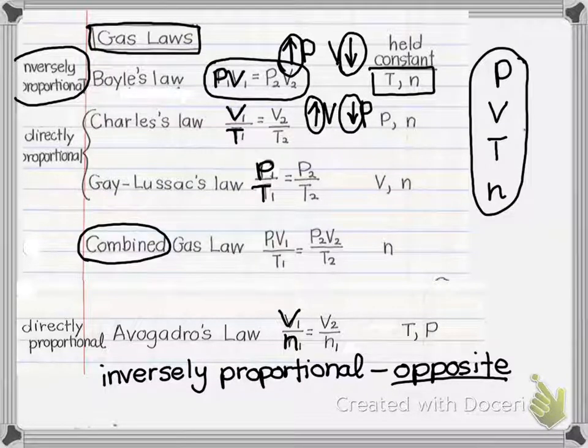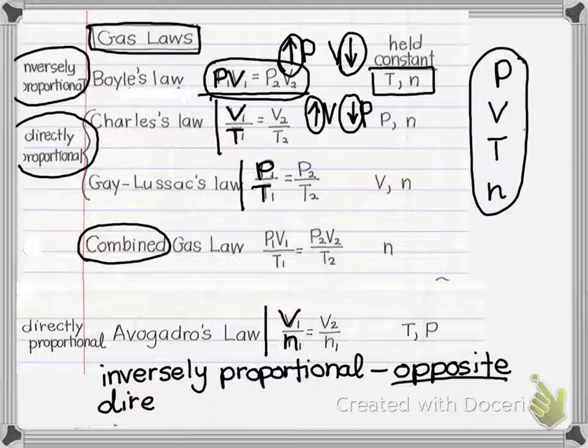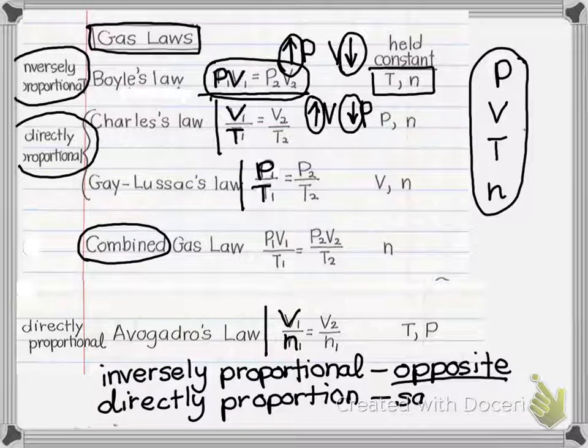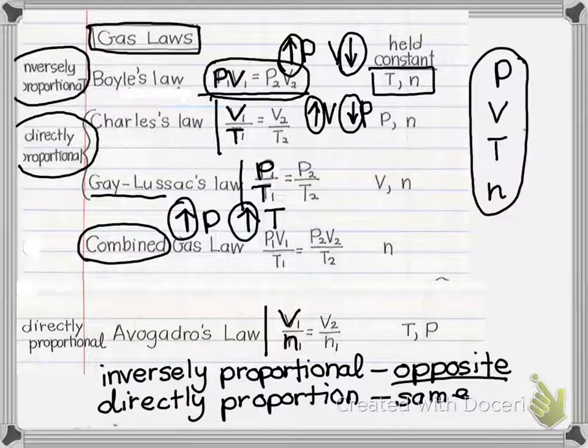Now, mathematically, you can notice the difference. Boyle's law is the only one where the two variables are multiplied. Charles' law, Gay-Lussac's, and Avogadro's law all have them divided. These type of relationships are what we call directly proportional. So when these two conditions are directly proportional, it means that they change in the same direction. So, for example, if I'm looking at Gay-Lussac's law, an increase in the pressure also results in an increase in temperature, they do the same thing. Or if I decrease the temperature, that would result in a decrease in pressure. So they change in the same direction. And that's what it means to be directly proportional. So knowing if something's directly or inversely proportional allows us to predict what would happen before we even do the